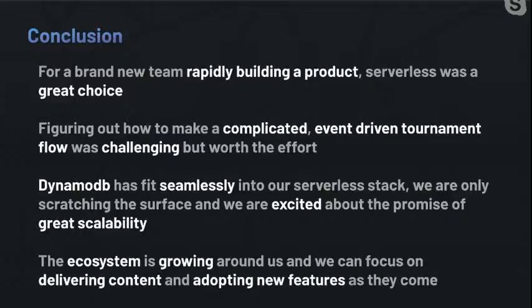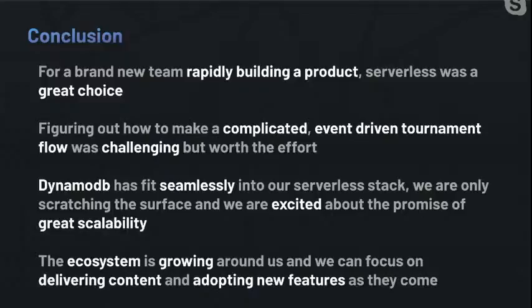For a brand new team, choosing serverless was absolutely the way to go. It helps us to build much more rapidly than I think we could with any other architecture. We're able to much better navigate our complicated event-driven tournament architecture with the modular approach that serverless really enforces, where we have to separate those concerns.